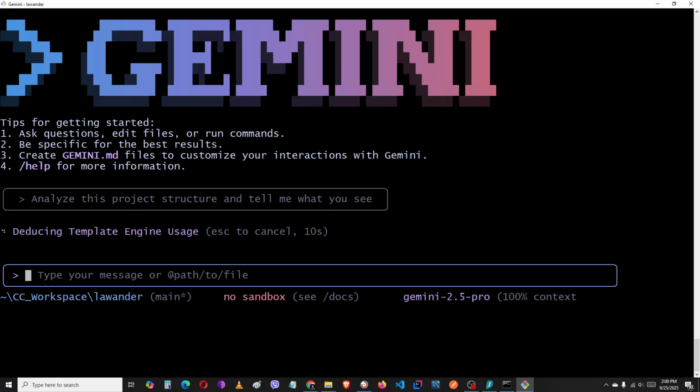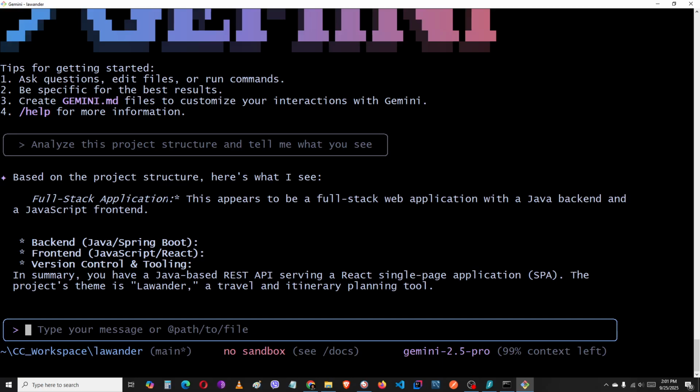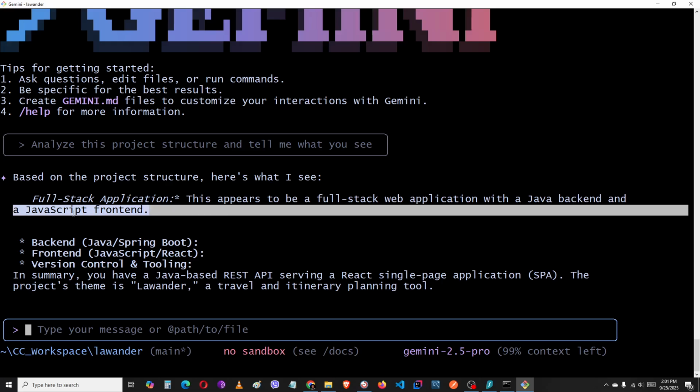I know everything about this project because I'm creating it, but if it's a new project, for example, or someone asks me to take a look at their project, then I will not know the details. I can use this tool here. What it tells me: full stack web application, Java backend, and JavaScript frontend, yes, which is React. So it gives me basic information,